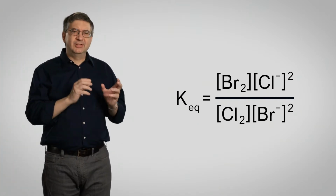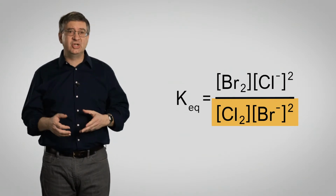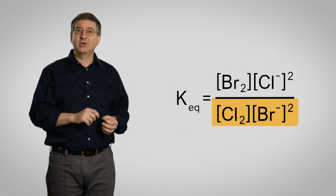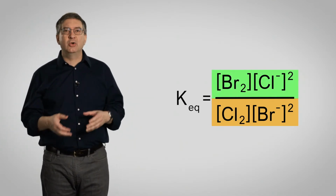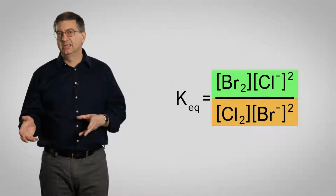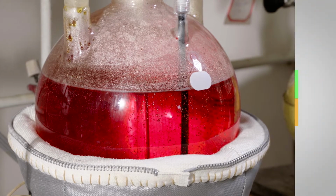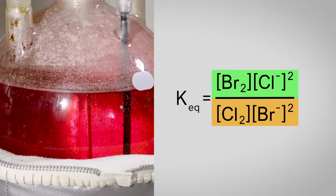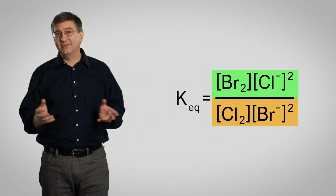So we have a term that relates the concentrations of the reactants to the probability of the forward reaction. And that's in a ratio to the term that relates the concentration of the products to the probability of the back reaction. That ratio determines where the equilibrium lies. But one look at this flask tells us that the forward and reverse reactions aren't equally probable. There's a nice red color from the elemental bromine, but we don't see any real sign of the green of elemental chlorine. Why not? The reason for that lies in the only part of the equilibrium expression we haven't discussed,